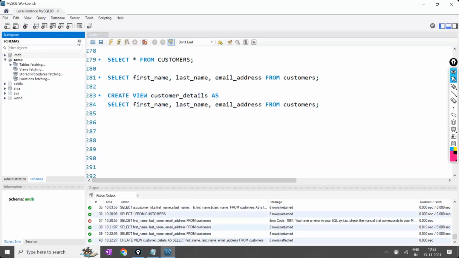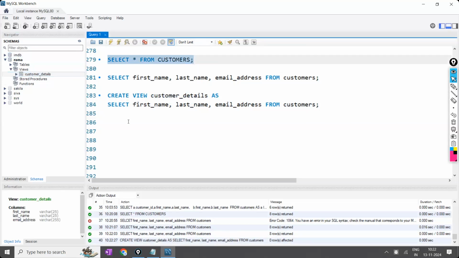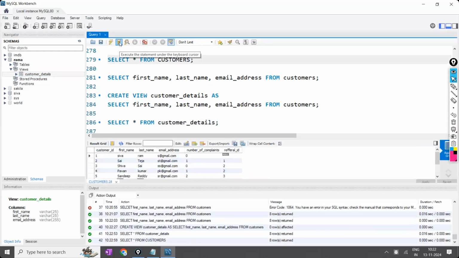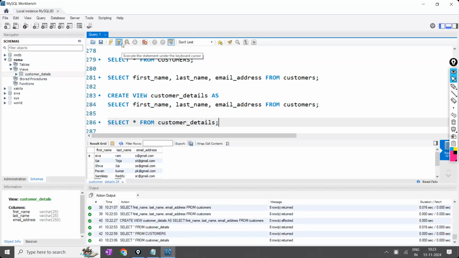Now after that, if you refresh here, can you see now views has come? After the views, you are having the customer details. Now in the customer details, if you print the same way as you printed earlier, select star from customers, same way you can do select star from customer details. This is also one of the tables. But select star from customers, what does it consist of? All the columns, including the referral ID, number of complaints, all these things. But in this table, you are going to have only the first name, last name, and